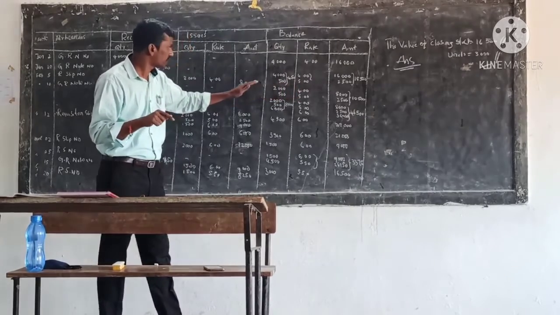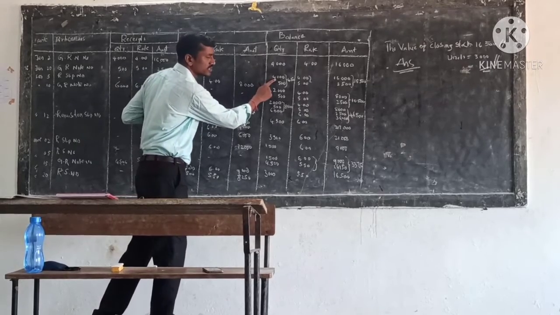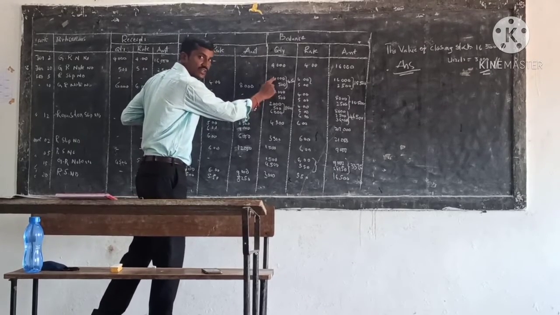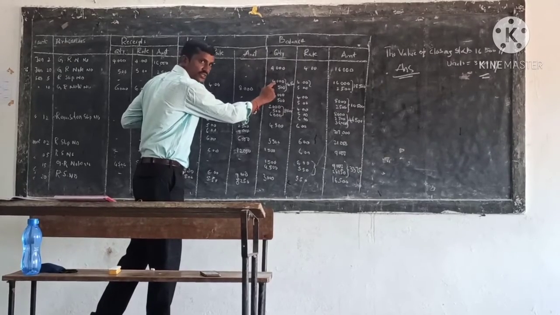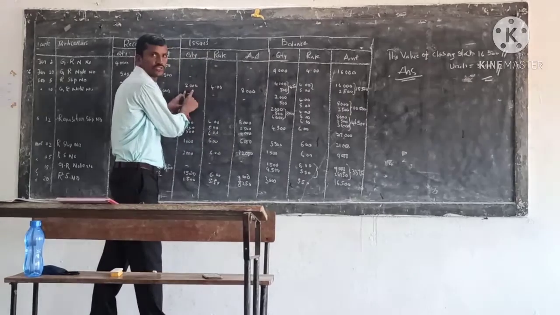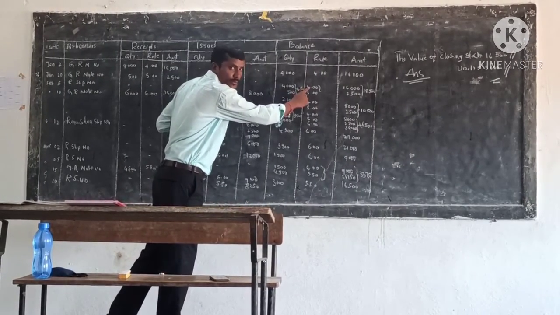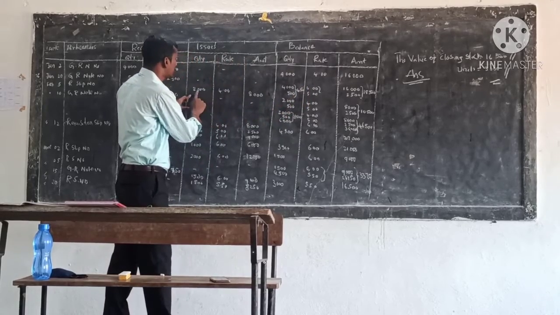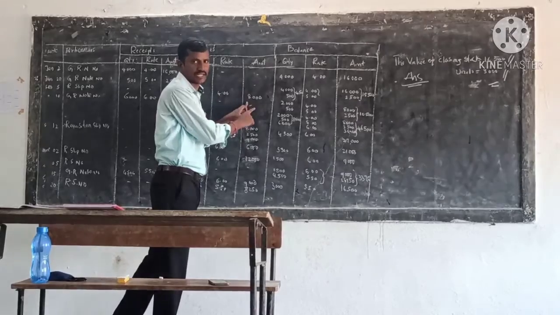So shall we take the 2000 units from the 4000 units? Yes, because we have sufficient stock. From the 4000 units, we have to issue the 2000 units. At what rate? At the rate of 4 rupees per unit. That means 2000 into 4 rupees comes to the value of 8000.